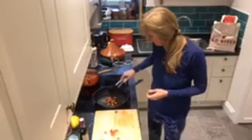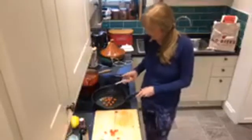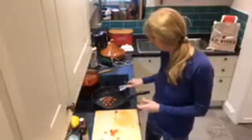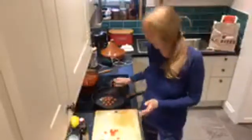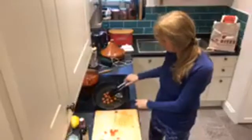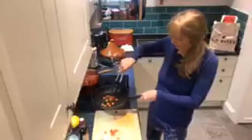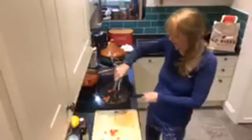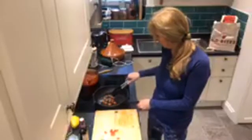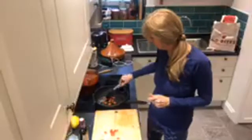So I'm just making, as you can see, I put the chorizo sausage in a dry frying pan. I didn't put any oil in the frying pan at all, because chorizo is so oily anyway, so I'm cooking it quite slowly and the oil is all coming out. You can see, down the bottom, there's about a tablespoon of oil that's come out of this teeny weeny amount of sausage. I think we cut about that much. So that is why